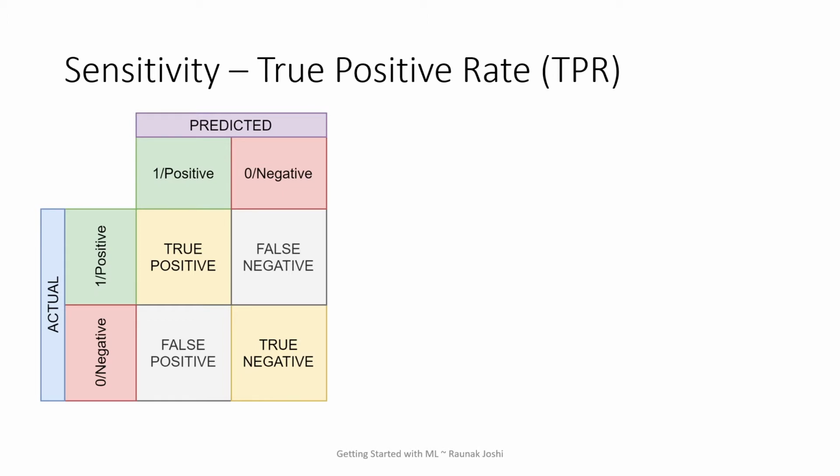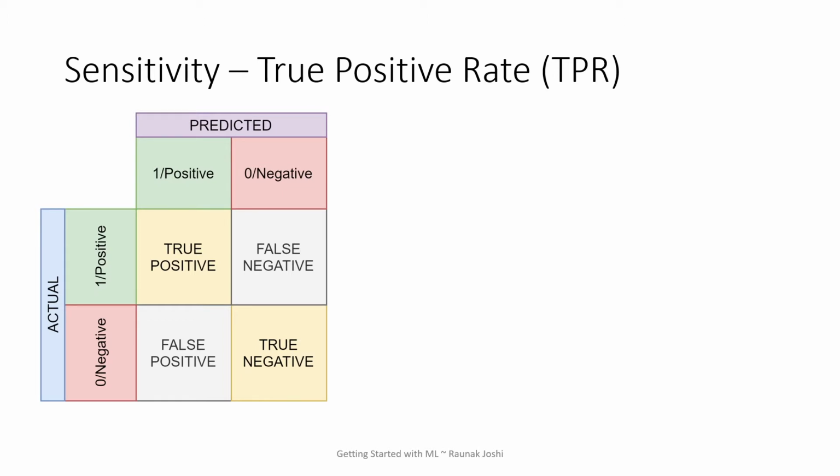So this is also known as the true positive rate, or many people also call it recall. Okay, recall and precision, please don't try to confuse those topics with this one. I would like to keep them completely independent of what we are learning over here. I have already covered precision, recall and F1 score earlier. I think those are some 13 to 15th number videos, yeah, 13 to 15 in this playlist itself, Getting Started with Machine Learning.